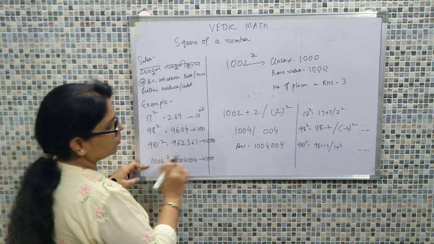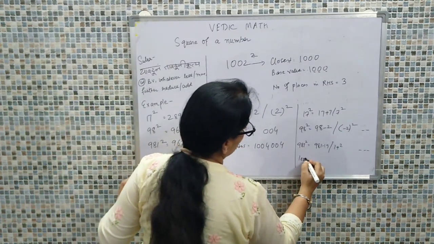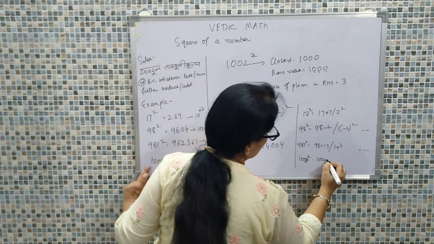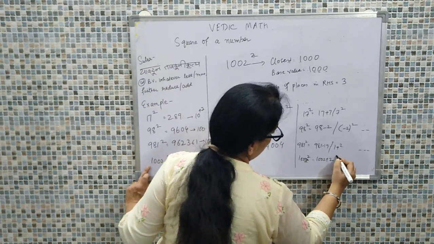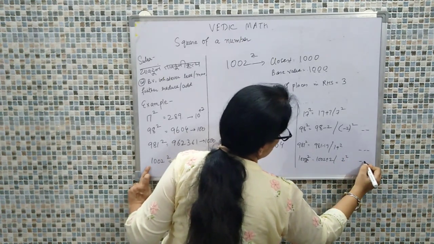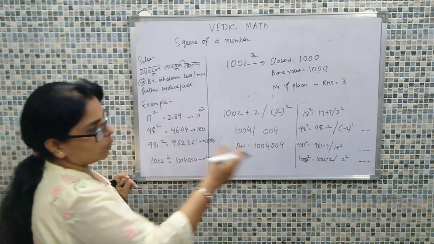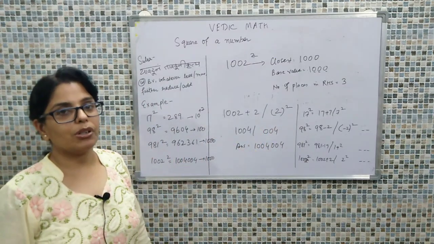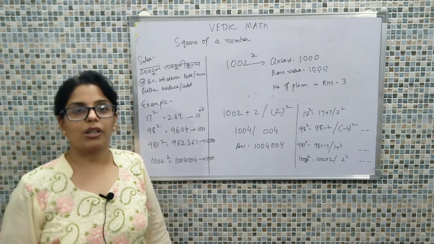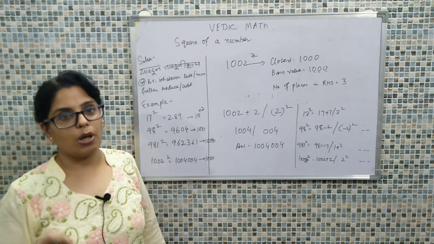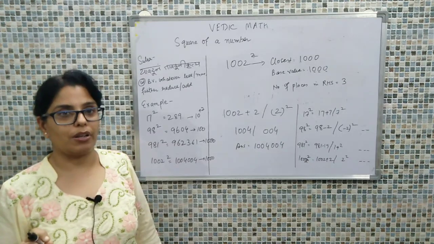और 1002 की अगर हमने बात की तो 1002 का स्क्वायर निकालने के लिए हमें क्या करना है? 1002 लिख दिया. कितना एक्सेस है? 2 है एक्सेस और 2 का स्क्वायर. RHS में हमारे कितने प्लेस होंगे? 3 प्लेस होंगे. So इस वे से हम ये क्वेश्चंस को वर्बली कर सकते हैं. And this particular method can be used for calculating the square of any number with respect to that base value. हमें सिर्फ वहाँ पर बेस वैल्यू आइडेंटिफाई करना है.